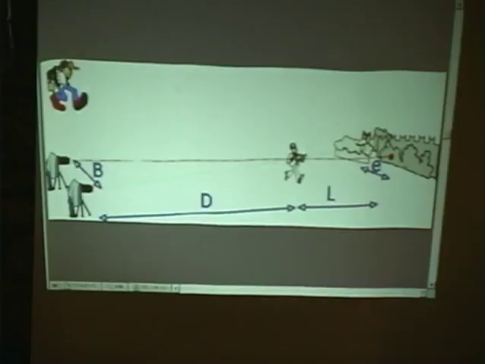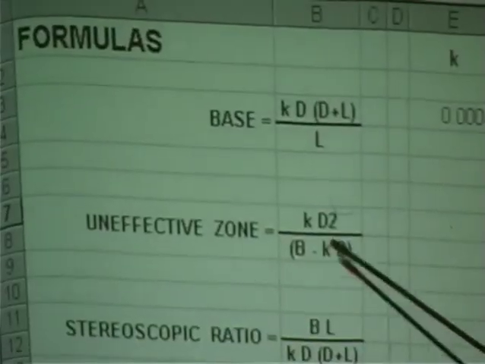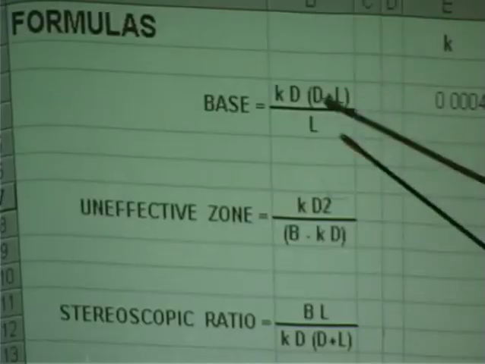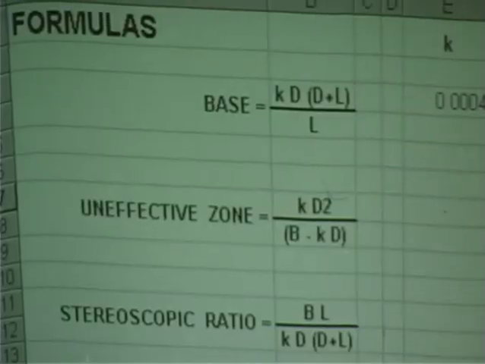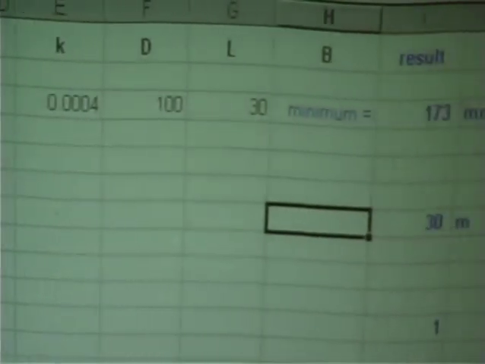Even if it took a long time to find some rules, you know. So some rules we find. Let me find the proper file here now. Yeah, so these formulas are quite easy. They determine the base as an effective zone. But when you determine the base with this formula, this is the minimum you find, so you can start to distinguish the 2 points on the background.